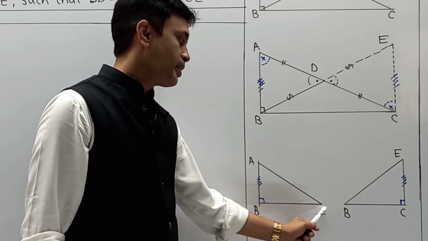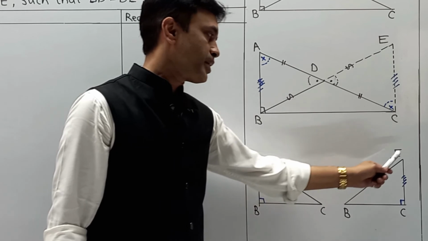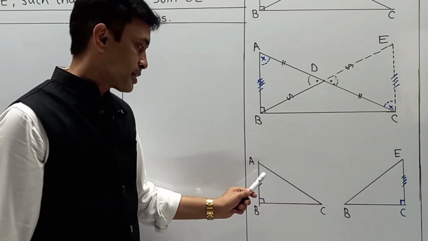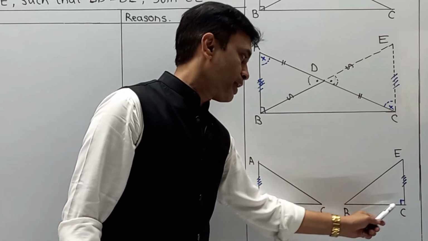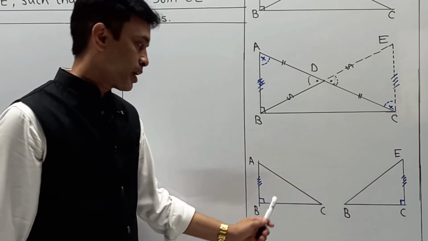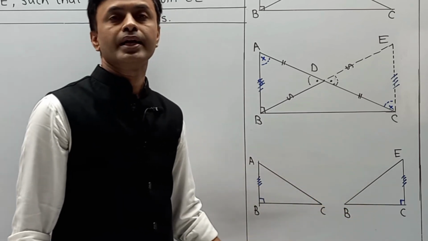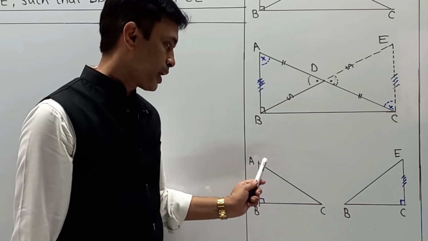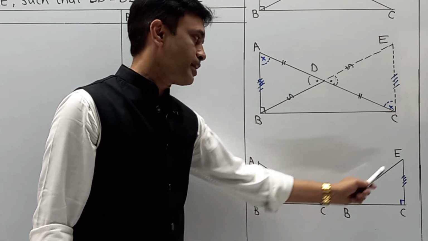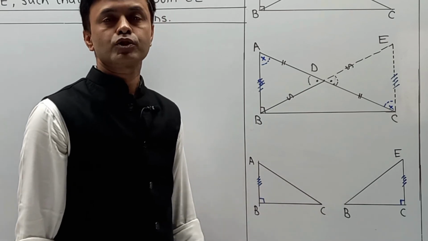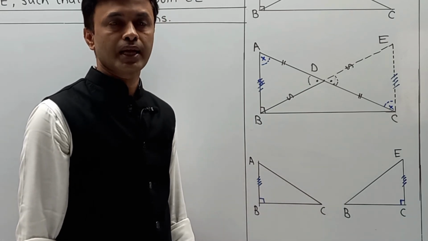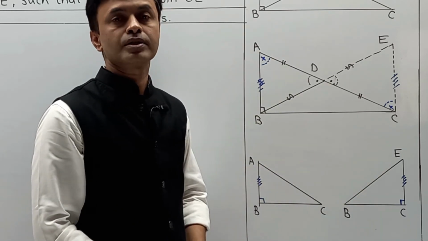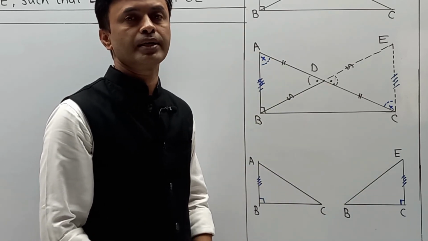Naturally, triangle ABC is congruent to ECB by side angle side test of congruency. Now when two triangles are congruent by any test, their respective sides and respective angles must be congruent. Automatically we can say that AC is congruent to EB, corresponding sides of congruent triangles. And in that case, we are doing some modification to reach the final part. So please pay attention over here. And the part is here.